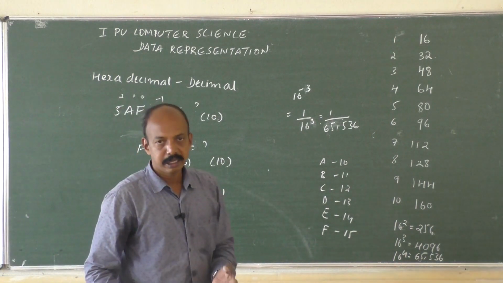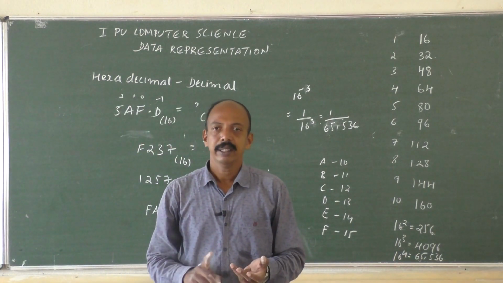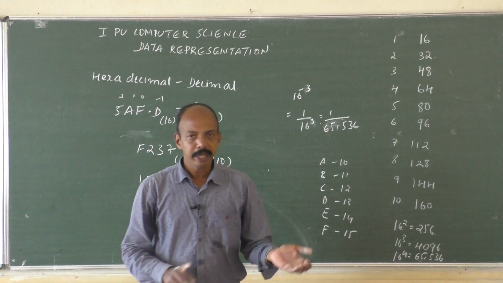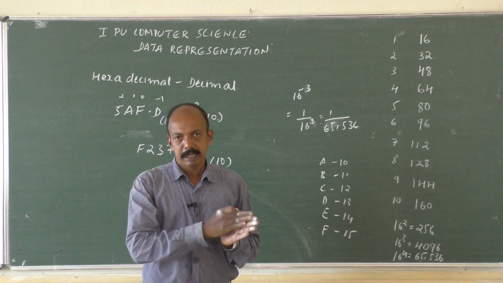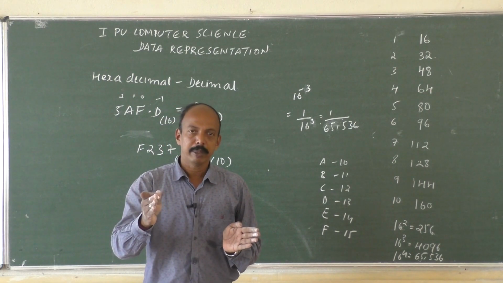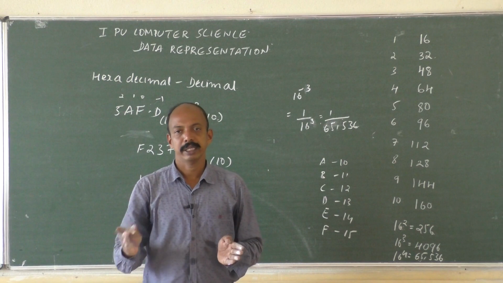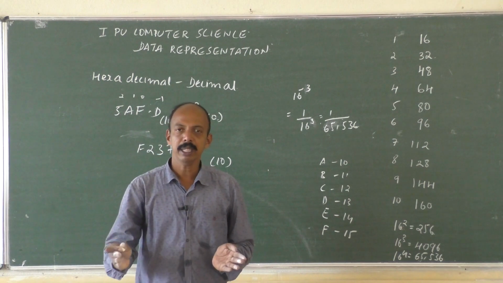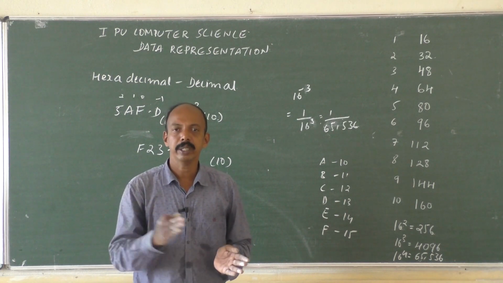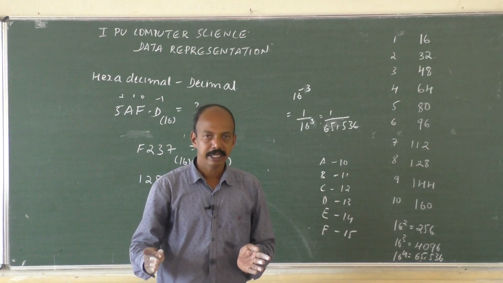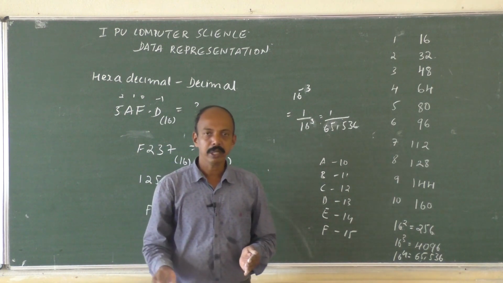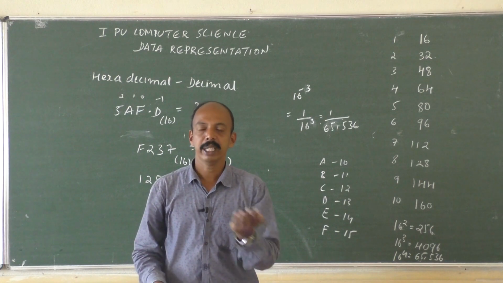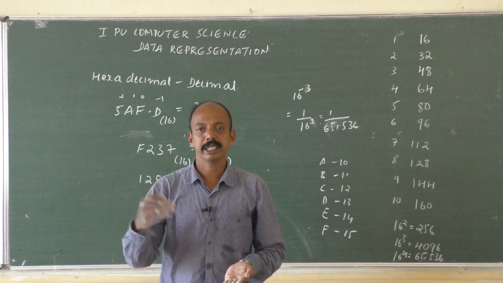So which are the different number systems we have seen? Decimal, binary, octal and hexadecimal. Now we have seen decimal to any other number system, like decimal to binary, decimal to octal, decimal to hexa. Similarly, any other number system to decimal: hexadecimal to decimal, octal to decimal, binary to decimal. In the coming classes, we shall see how to convert numbers from binary to octal, or binary to hexa, or octal to hexadecimal number system.